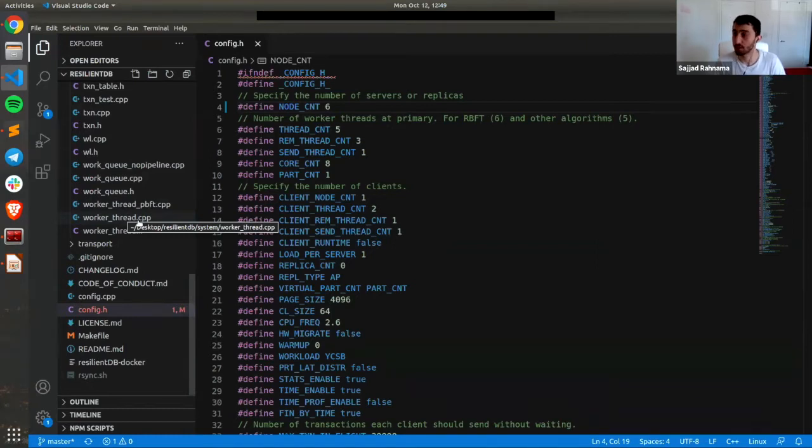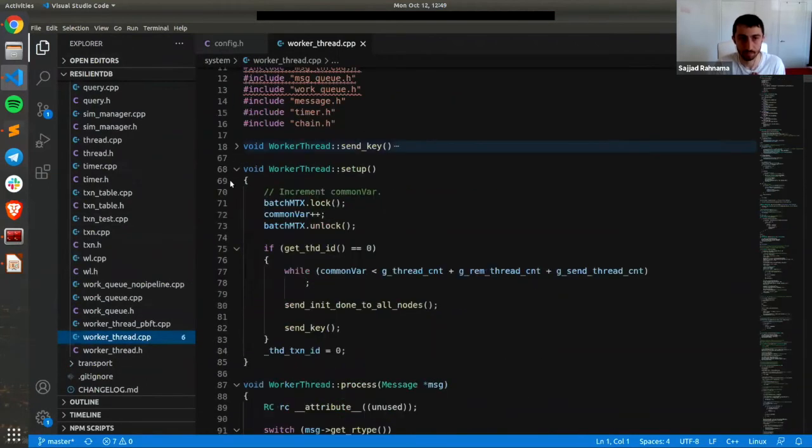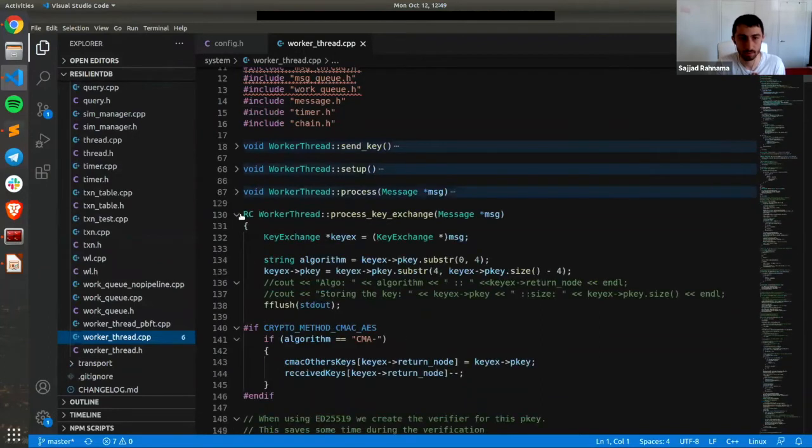We have different message types, which I will explain, and based on the type of the message, the node does something. This process happens in two functions in the worker thread file. The worker thread is where each node